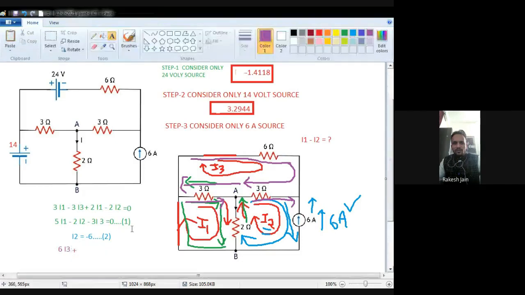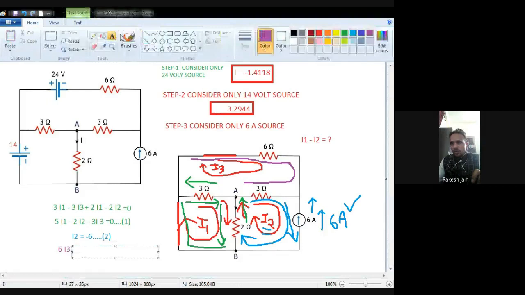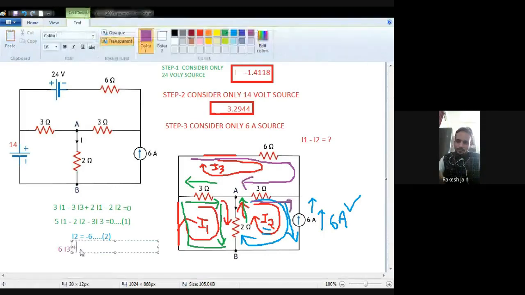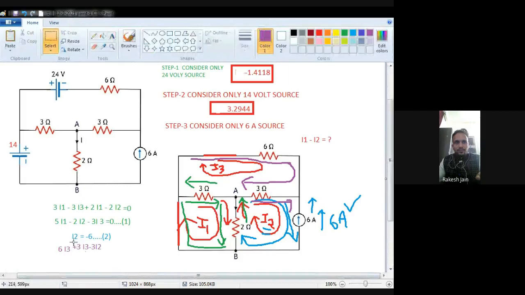Starting from this 3 ohm resistance, I am going to show you only with this green color. I am going to write down the equation for the first mesh. My current is I1. So this I1 current passes through this 3 ohm from left to right. More current passes through those 3 ohm from right to left, that is I3. Because I am writing down the equation for the first mesh, my current is positive. So 3I1, minus, because I3 is in the opposite direction, minus 3I3.